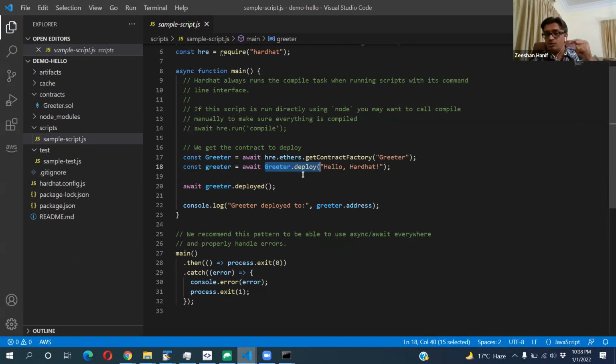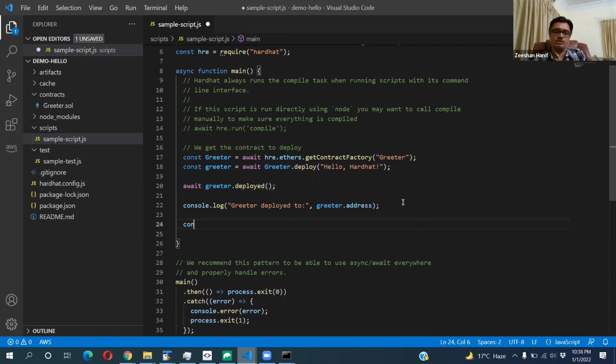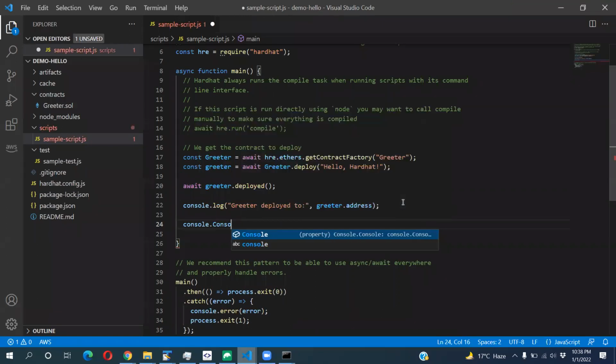So you want to wait until the transaction is done and your contract is deployed, then come to me so that I can take some actions on it. That's why we call greeter.deployed. So it's await. Once it's deployed, we get access to the control here, and then we can do whatever we want. Let's say I want to see console dot.